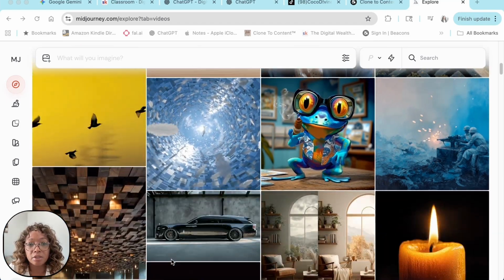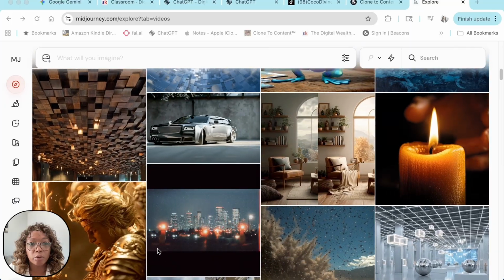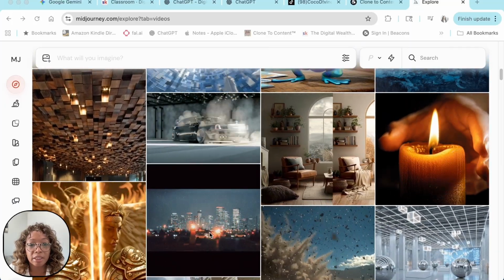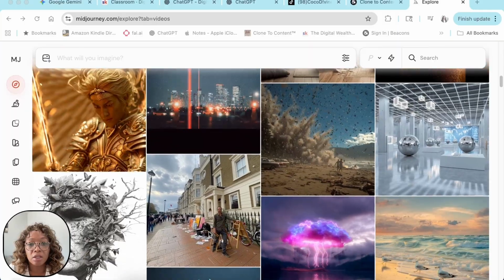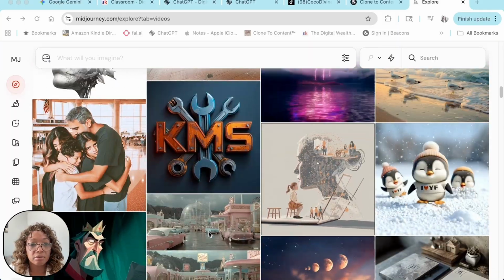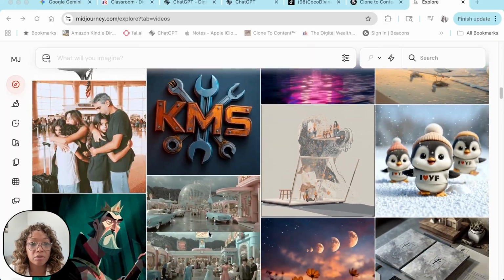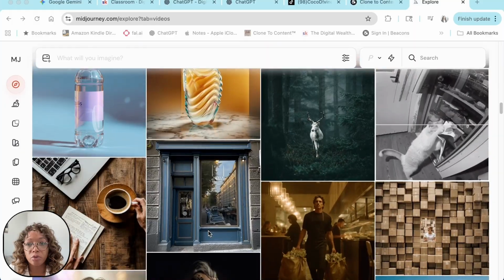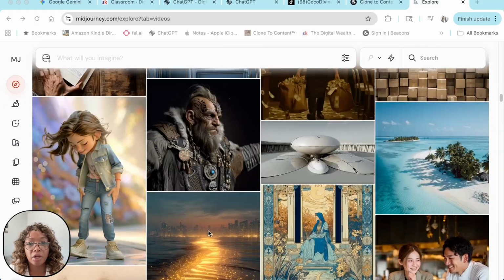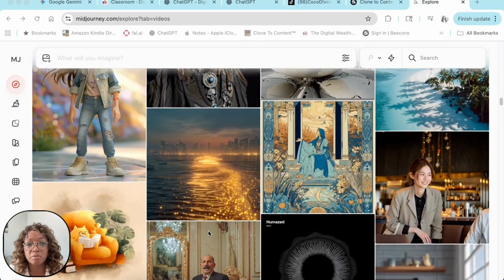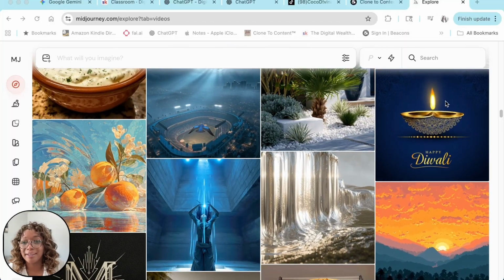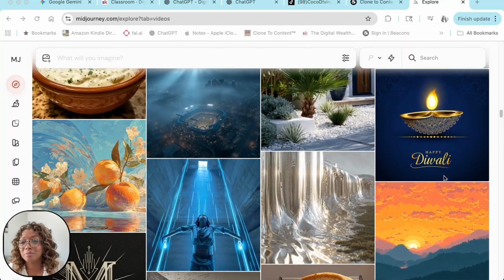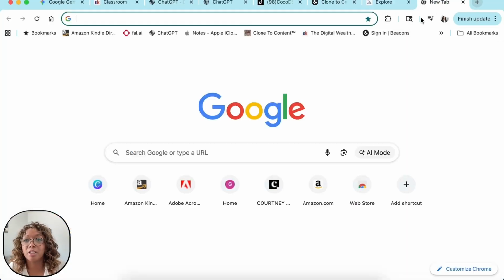You can see anything you can imagine and turn into a prompt. And like I said, you don't even have to come up with your own prompt. All you have to do is use ChatGPT, give it a basic overview of what you're looking for, and then you can play around with the prompt. Of course, sometimes you have to go back in and tweak it, but for the most part, it's dope. Okay, so that's Midjourney.